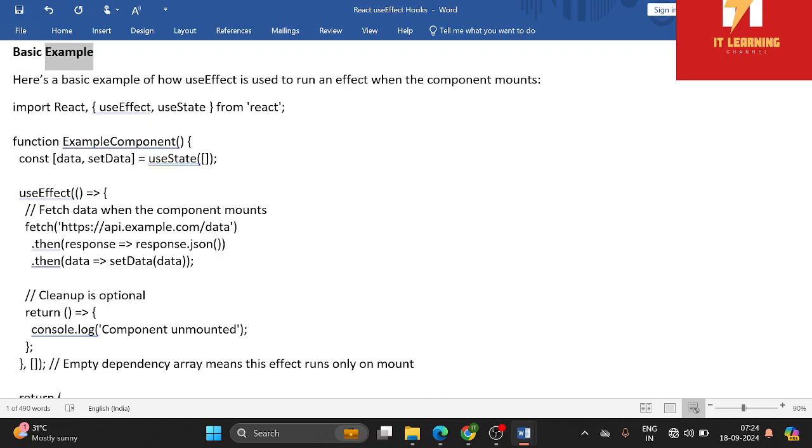Basic example. Here's a basic example of how useEffect is used to run an effect when the component mounts. Import React, { useEffect, useState } from 'react'. function ExampleComponent() { const [data, setData] = useState(null); useEffect(() => { // fetch data when the component mounts fetch('https://api.example.com/data').then(response => response.json()).then(data => setData(data));